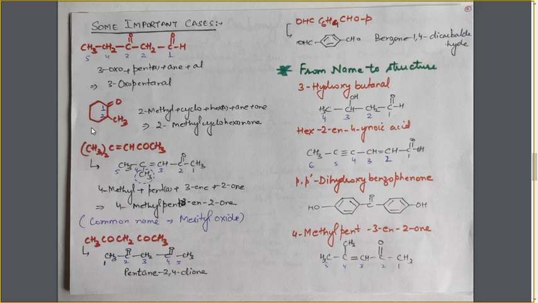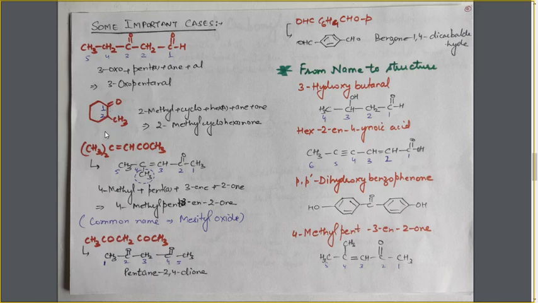Here it is an alicyclic compound. Now in this case there is only one main functional group, that is keto group. This CH3 is a substituent. Now the main chain will be this alicyclic ring. For numbering this chain, we will give first position to the ketonic group as it is the main functional group.